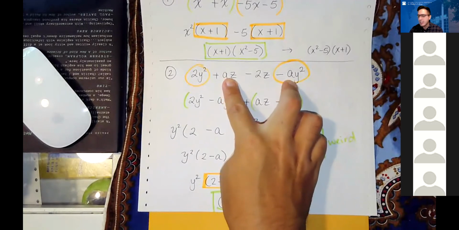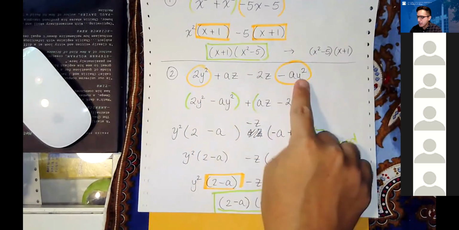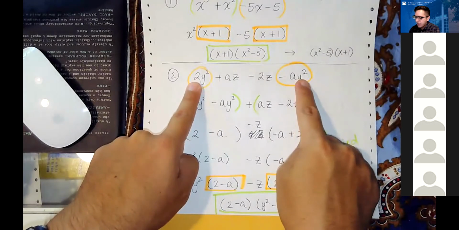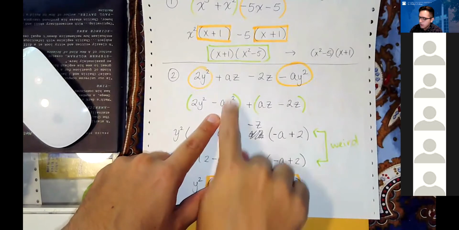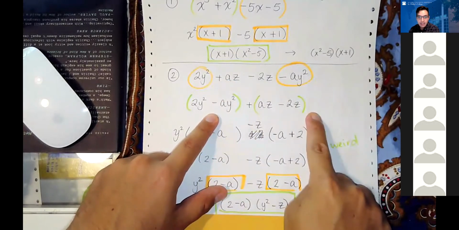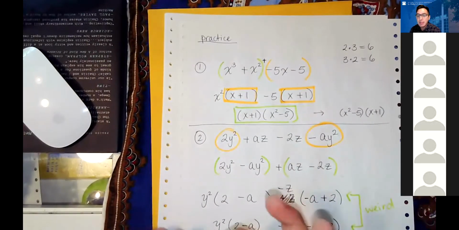I think what I had done originally was I just moved the fourth term into the second position, and then I just sort of scooted everything back. But let's go ahead and do that again, where I just swap the positions of the second and the